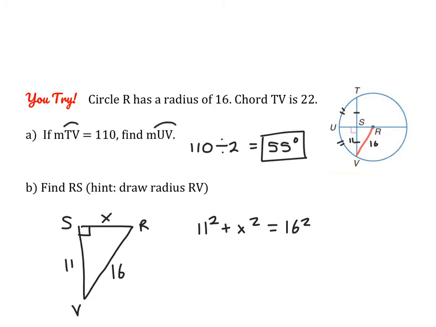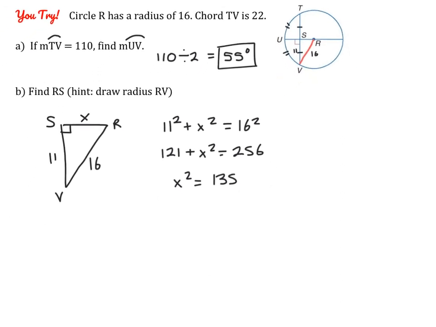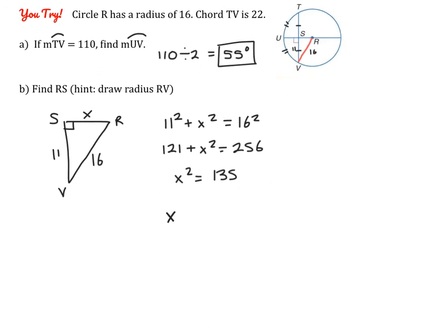So we know that 121 plus x squared equals 256, which is 16 squared. And then I'm going to subtract 121 from both sides. And then I'm going to take the square root of both sides. And then I'm going to start simplifying